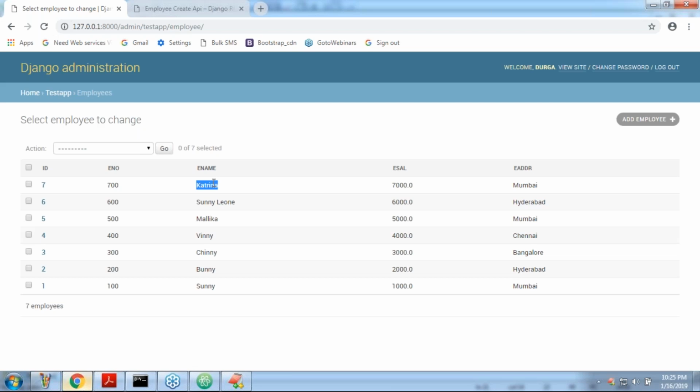This is how you can implement the list operation and how you can implement the create operation. In the next session we have to talk about how to implement the remaining operations. These two never talk about ID, but the remaining operations, the retrieve operation, the delete operation, the update operation, are ID based, which I will discuss in the next session.